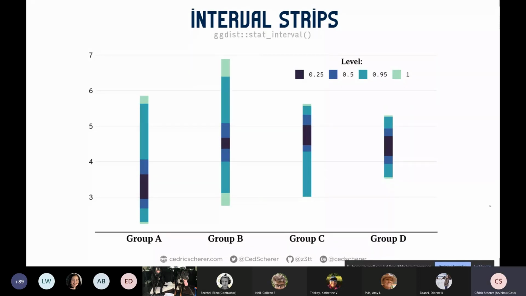And I do like them because with not a lot of space, they show nicely the distribution. Also, if you have many points, when you struggle with other chart types maybe, and you can nicely combine them with other charts. So here, for example, how to do this, there's again this dot width argument you have seen already from the other ggdist layer. And here you can say whatever level you want to show.